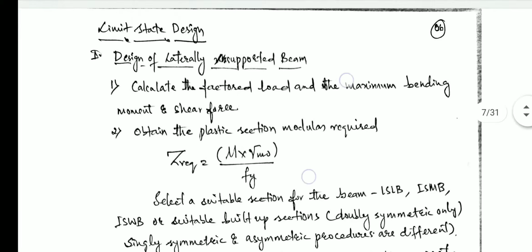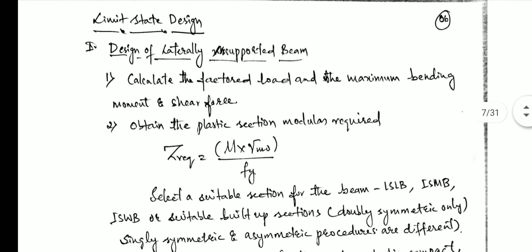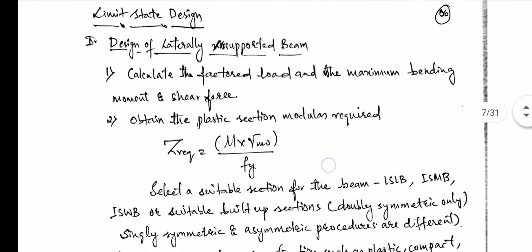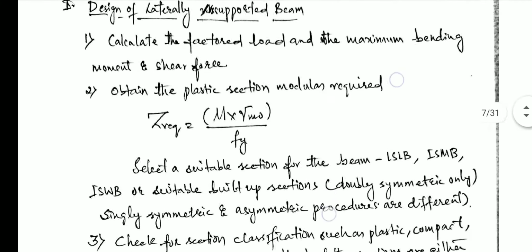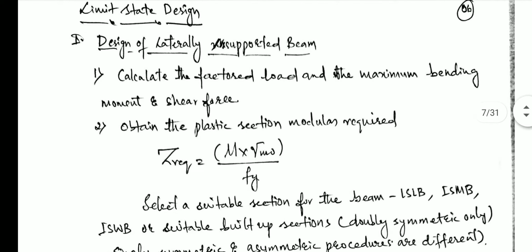So we'll design limits. Design steps of a laterally supported beam. The first thing, as I already said, the universal step is your given data. Once you read the given data, only then can we start the problem. So what are the things that are given? Given load: in some cases they give live load, dead load, intensity; in some cases they give safe bearing capacity also, in some cases they are not given. Most of the cases they actually give it.